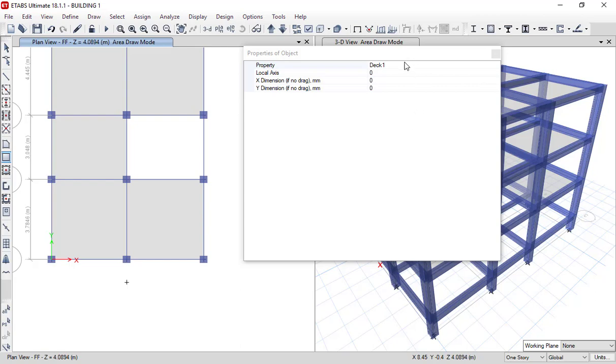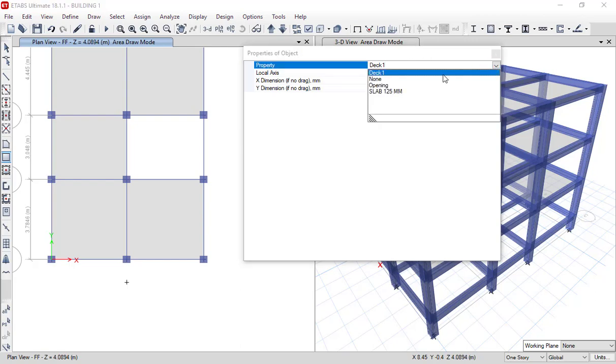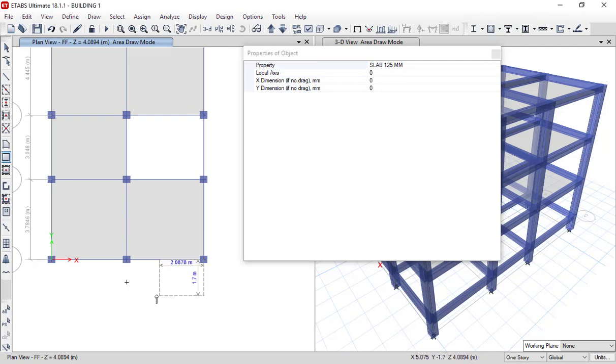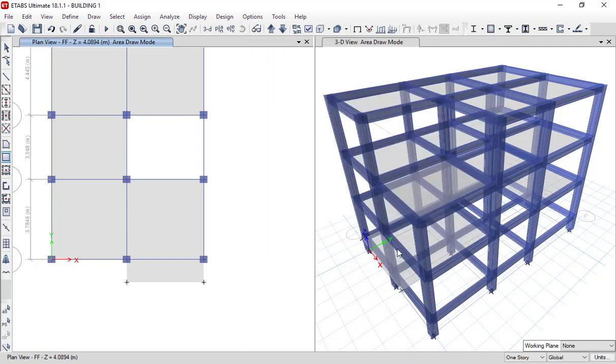In that we will use our property slab 125 mm, and we will click the first point here, don't release, and release the mouse when it displays the joint. So click and drag to here. As you can see, the balcony has been drawn here.